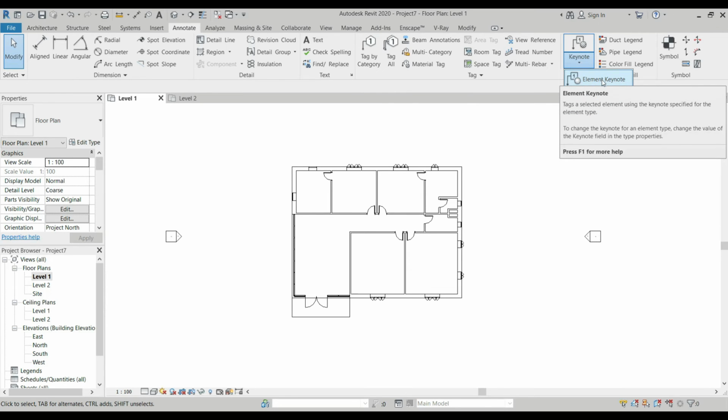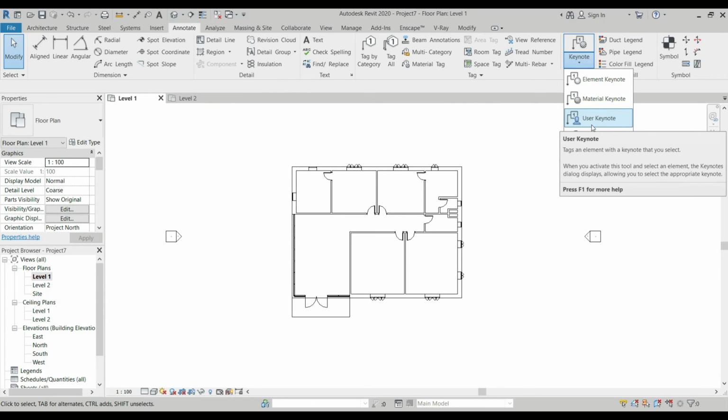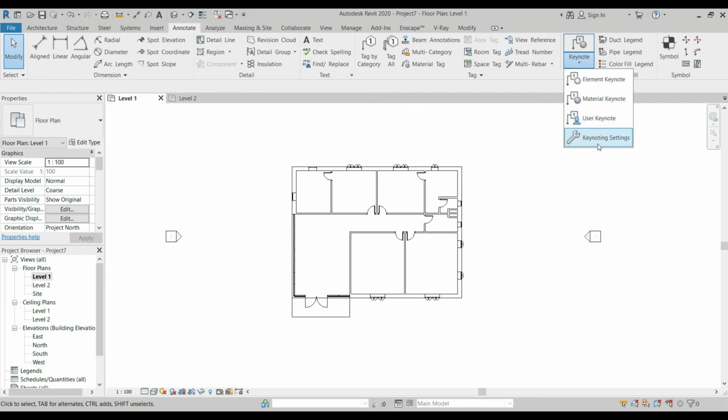Element keynotes refer to the elements that we have used, such as walls, doors, windows, roofs, floors. Material keynote is for the materials, so you're tagging the materials of specific elements. Then user keynote is just like your custom keynote, wherein you can input data or text on materials or onto your drawings. Then keynote settings. These are the settings of your keynote. So once you click this one,